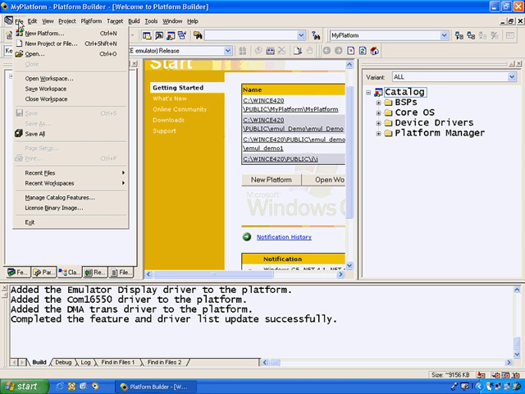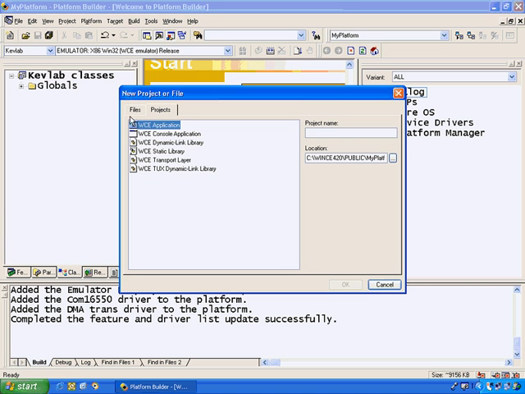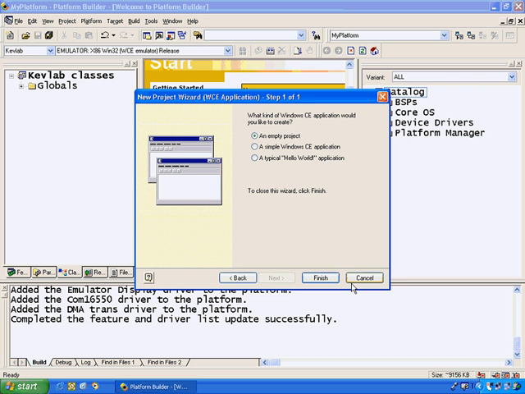I'm now going to add a second application to the platform. Again, I select File and New Project or File. Again, I'm going to choose a Windows CE application, and I'm going to choose the project name of regapp. This is going to be an application that reads a customized registry key from the operating system, and when the application starts, displays that registry key to the user. I click on OK, and in this case I need to select a typical Hello World application. I want Platform Builder to write that code for me. I click on Finish,